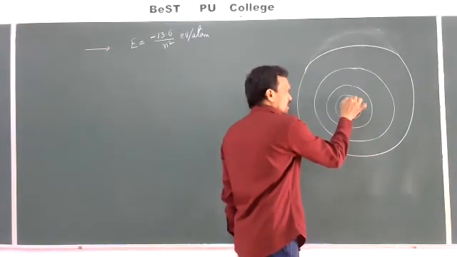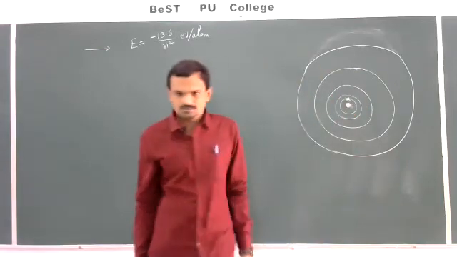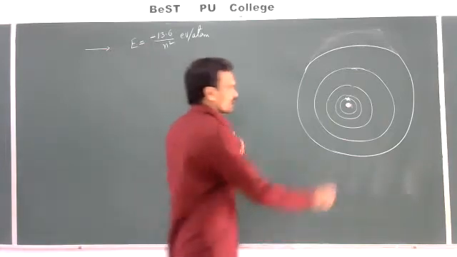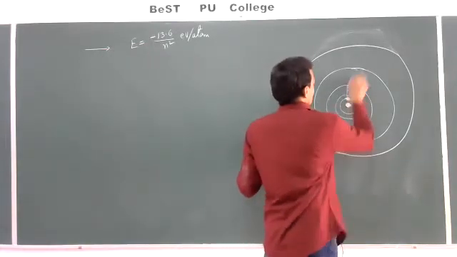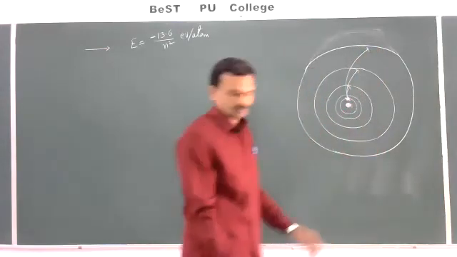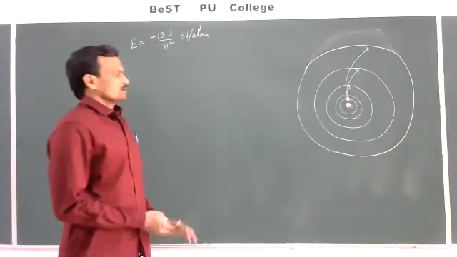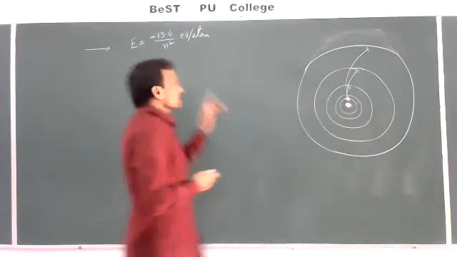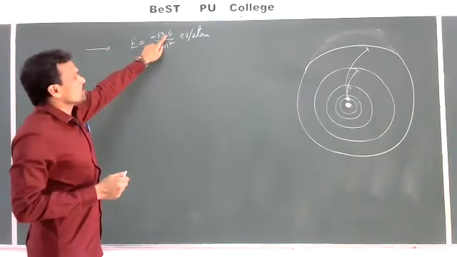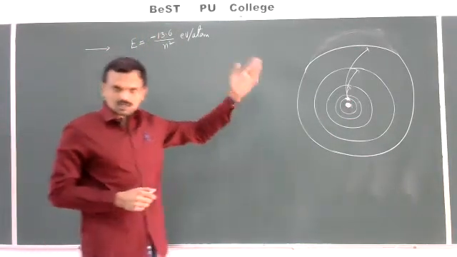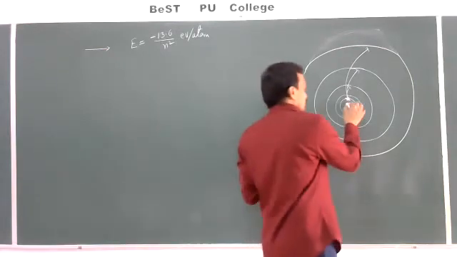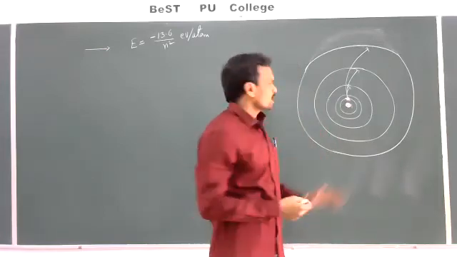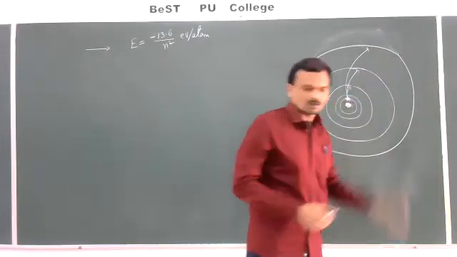Hydrogen contains only one electron, in the first orbit. If you supply some amount of energy, that electron can get excited, either to here or here or here, like this. And if we have supplied energy equal to 13.6 electron volts or more than that, then the electron can be removed completely from the atom. That means the electron is said to be at infinite distance from the nucleus.